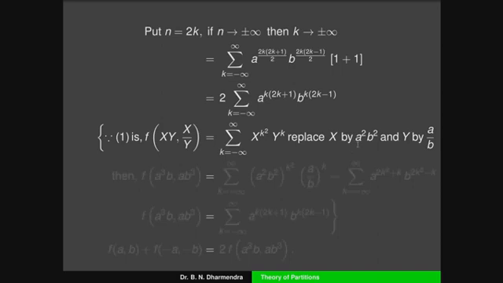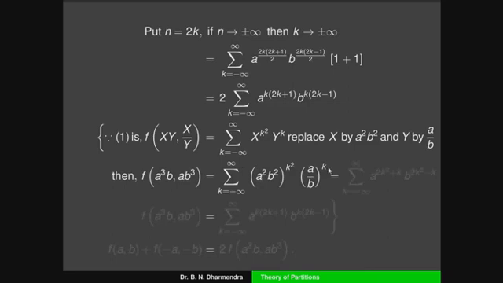And x by y: when I take a square b square divided by a by b, a gets cancelled and b goes to the numerator, therefore that is a b cube. So x by y is a b cube, and x into y is a cube b. Hence f of a cube b comma a b cube is equal to the summation k running from minus infinity to plus infinity of a to the power of 2 into b to the power of 2, whole to the power of k square, into a by b whole to the power of k. We can collect the power of a.